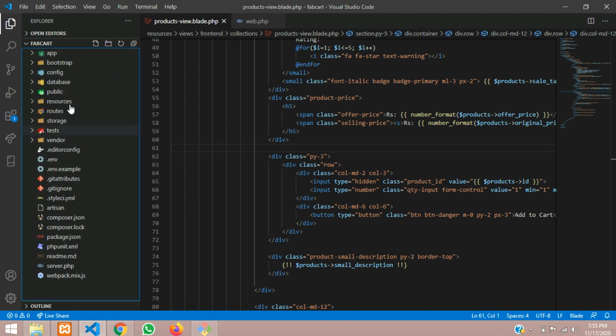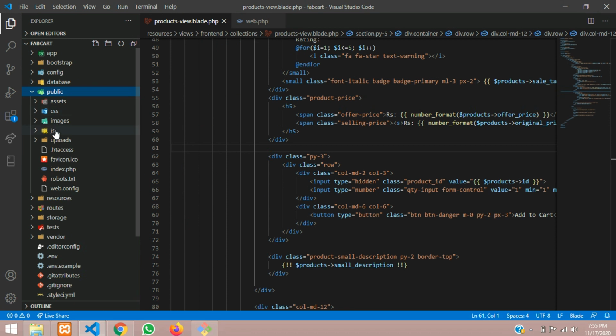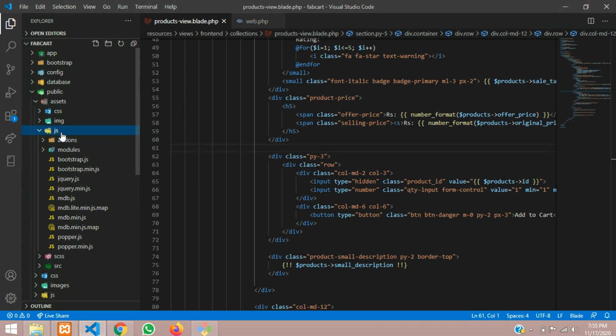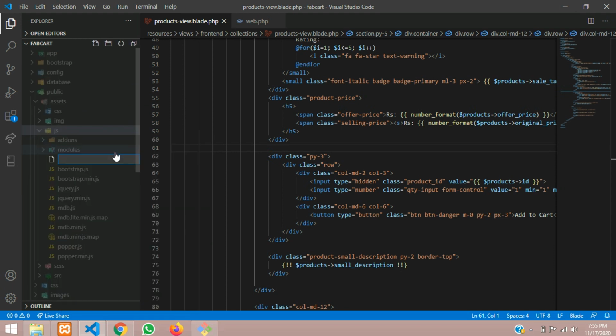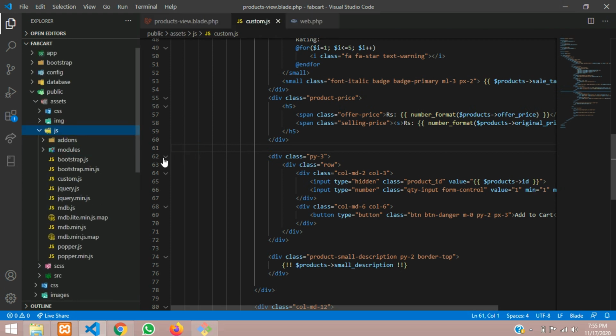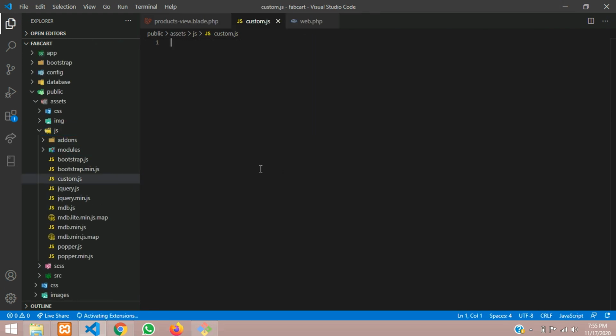Let me arrange it, public JS, inside JS, or we will move into assets, inside asset JS. We will create a new file with custom.js. Hit enter, and your JS file is created successfully.